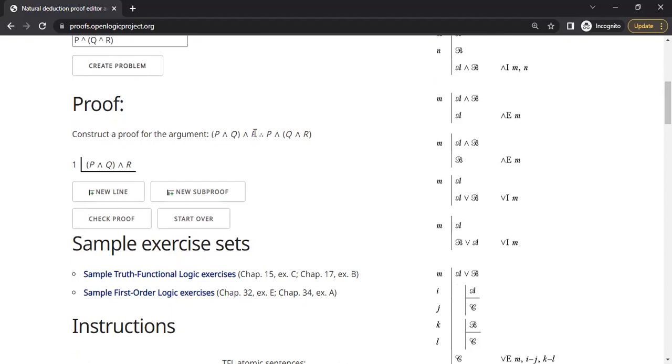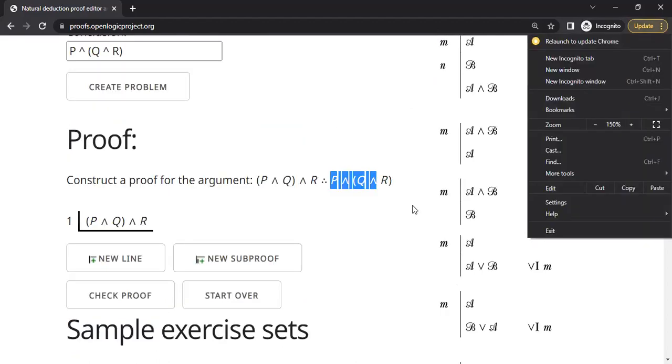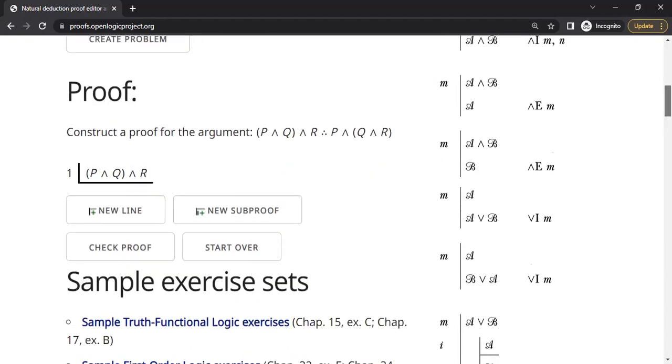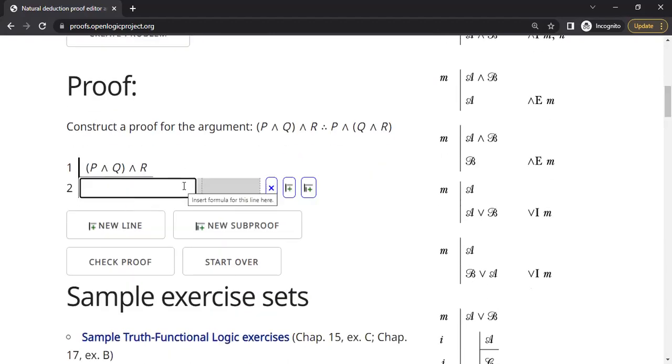P and Q and R, with the bracket for P and Q, is the hypothesis. We need to arrive at this conclusion. Okay, all I have to do is apply the proof rules that we just introduced. So I'll start here. Having known that an AND statement is true, I can use the AND elimination to extract the